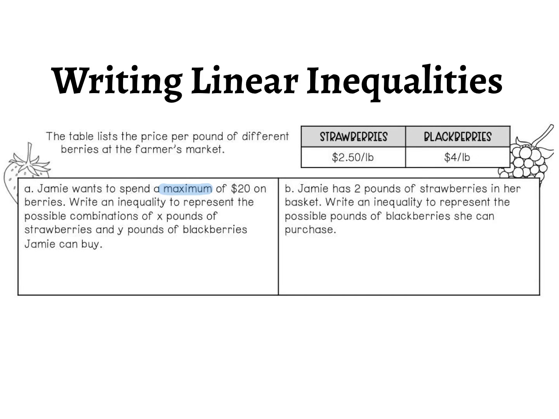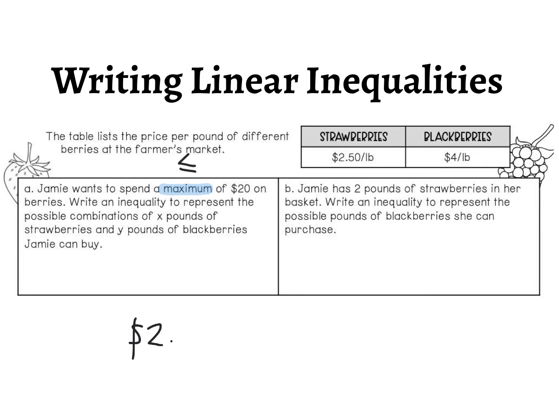If my spending limit is $20, then I have to spend less than or equal to the $20 that I'm allowed. I can't spend 21. I can't even spend $20.10. I don't have that amount. So, how do we write an inequality? Whenever you see the words possible combinations, combinations means you're going to add strawberries and blackberries to get at most $20. So, I start with